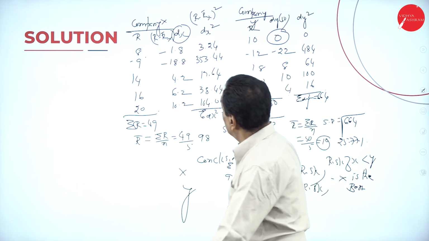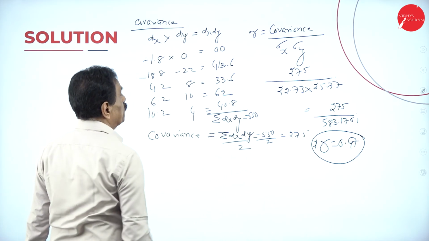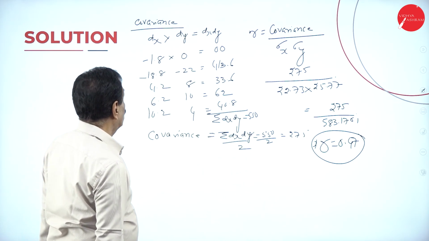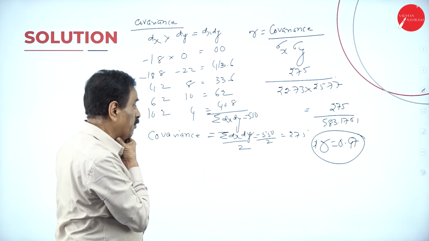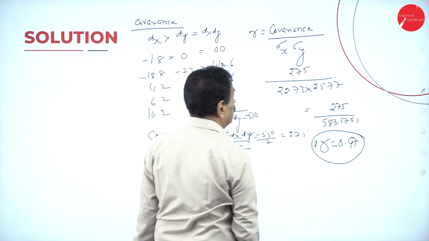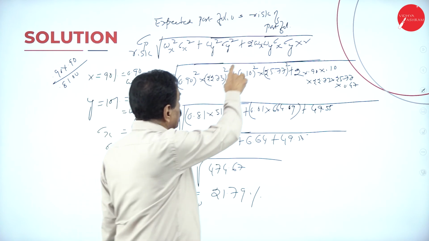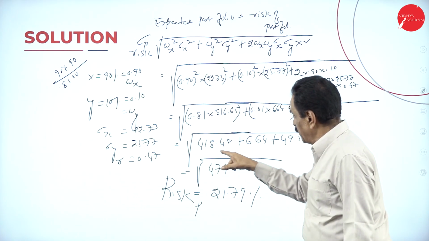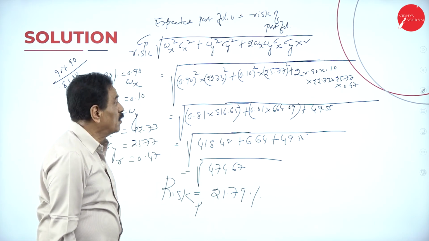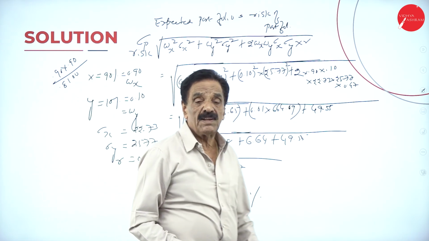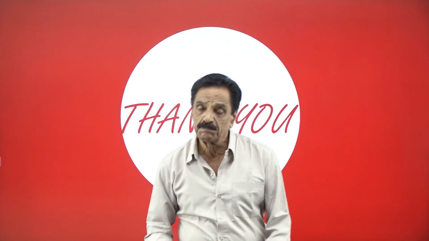Hope you understand this. This is the type of question from the examination point of view. Dx dy. R is equal to covariance. Sigma dx dy divided by 2. So we find out the covariance is 275. Standard deviation X, standard deviation Y. We find out, then the expected portfolio risk. You apply it now, so you must be very careful in applying this. Slowly we have to apply. Hope you understand this. We'll have some problems with probability in the next class.